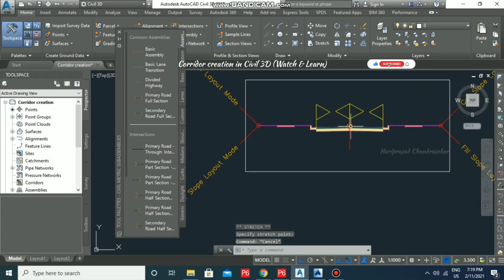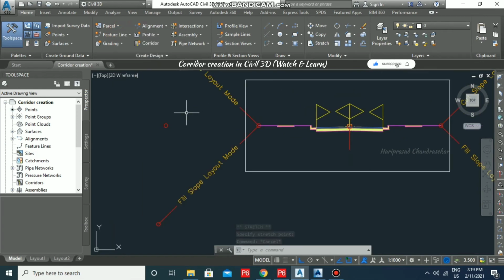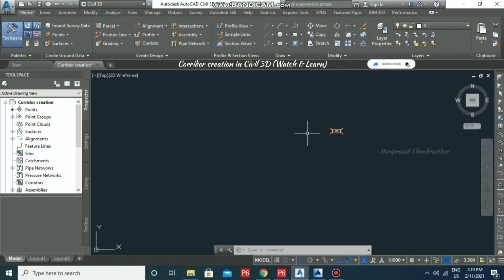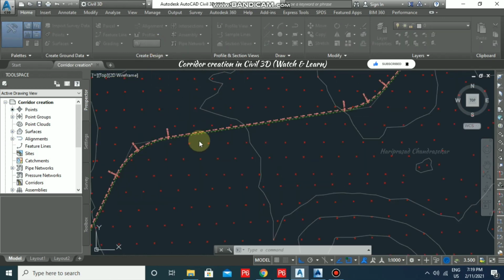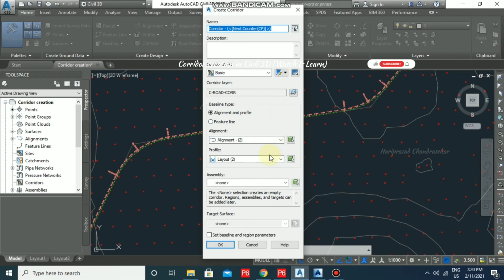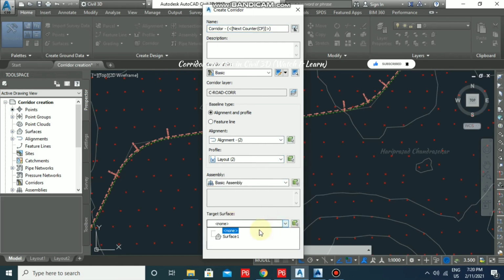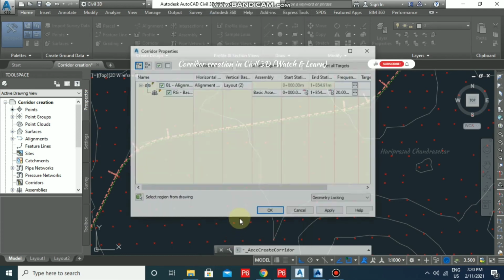Now first we will make use of this. Based on this assembly we can create our corridor. So you can click corridor, and then here you can select the alignment, the layout and the assembly. I'm going for basic assembly, and the target surface I'm going to take surface 1 and click OK.